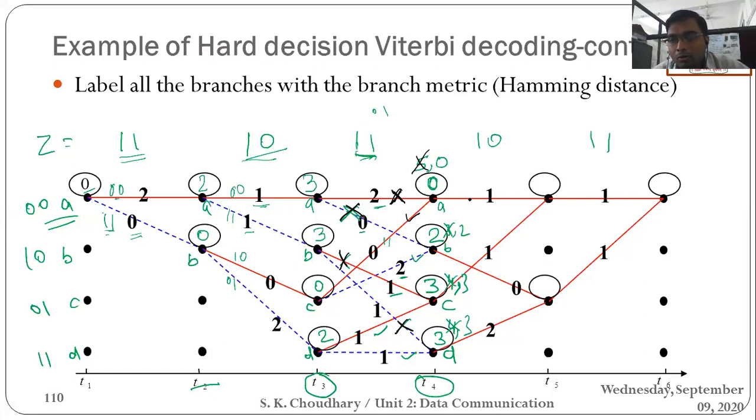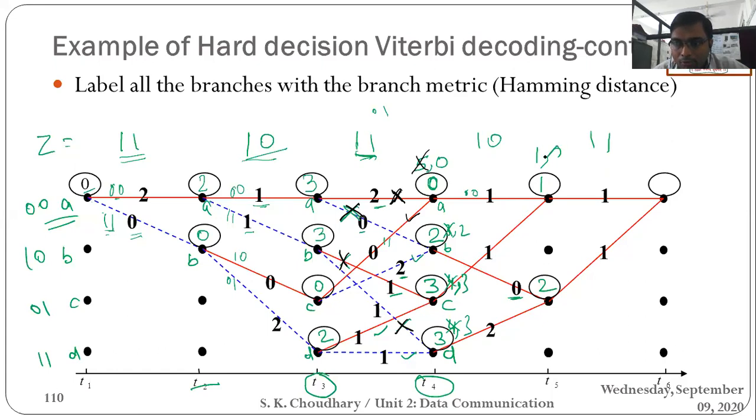So when you are at A, output is what? You are receiving 0, so output is 0 0. Compare the 0 0 with 1 0. Hamming distance is 1. 0 plus 1 is 1. Similarly, when you are at B, you are receiving the input 0, your output is 1 0, means Hamming distance is 0. So 2 plus 0 is 2. Another is coming from the C. When you are at C and you are receiving the 0, your output is 1 1. So your Hamming distance is 1.